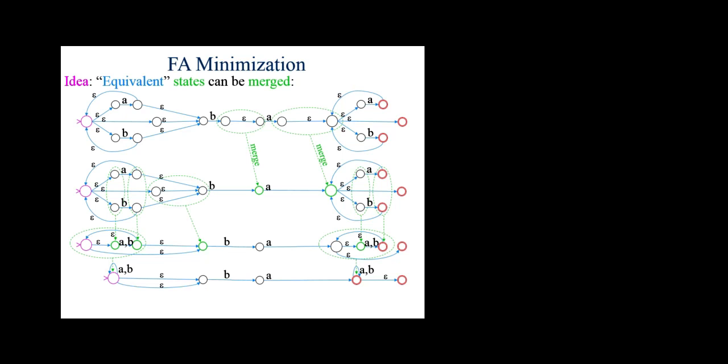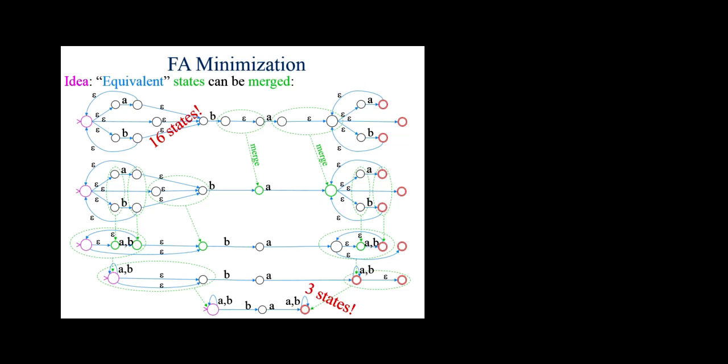It's still equivalent, right? Look how much smaller the machine gets with all of these state mergings or collapsings of states. And now we can collapse these two because these are just two parallel epsilon transitions. You might as well just have one of them, not two. And here epsilon can be collapsed, and you end up with this machine down here. And this machine is a lot smaller than the original machine, right? This is just 3 states large. The original machine is 16 states, so there's a huge reduction in number of states.